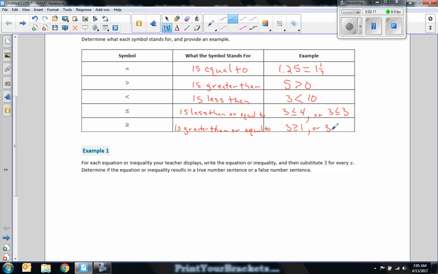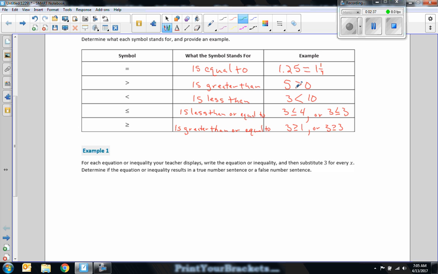Or 3 is greater than or equal to 3. Okay, now let's talk about greater than or equal to and less than or equal to again. If you can't remember which symbol is which, it's easy to determine which direction they go when you're given two numbers. So everybody knows that 5 is greater than 0, and